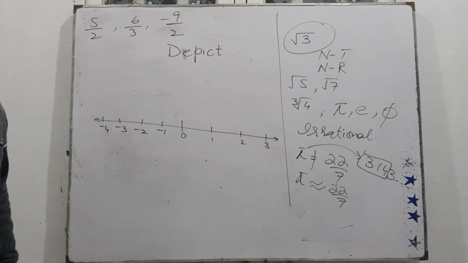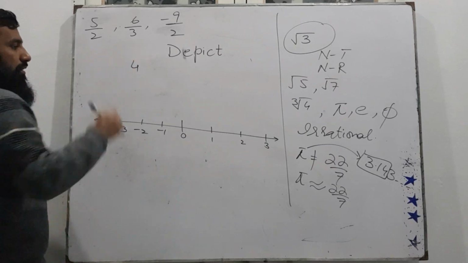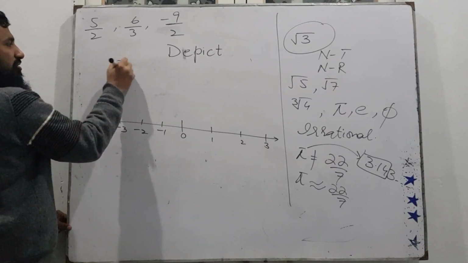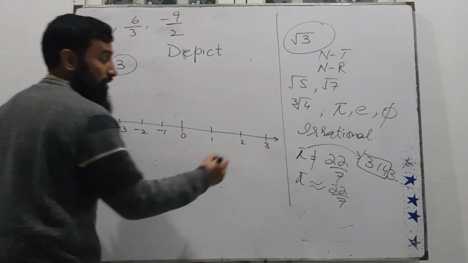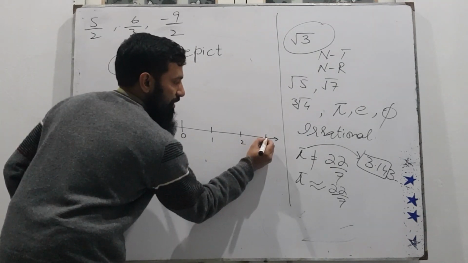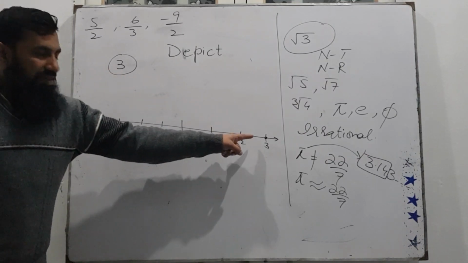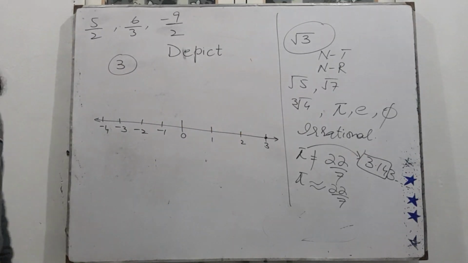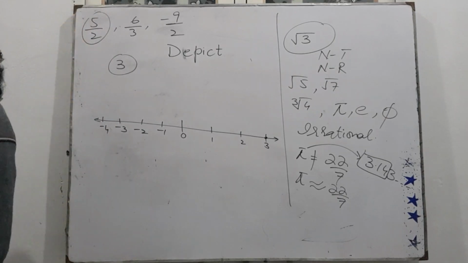This is a number line. For example, if they say depict or represent 3 onto this number line, how am I going to solve it? I'll mark this 3 with a solid ball and it will show that I am representing number 3 on it. If they say represent this number, it means